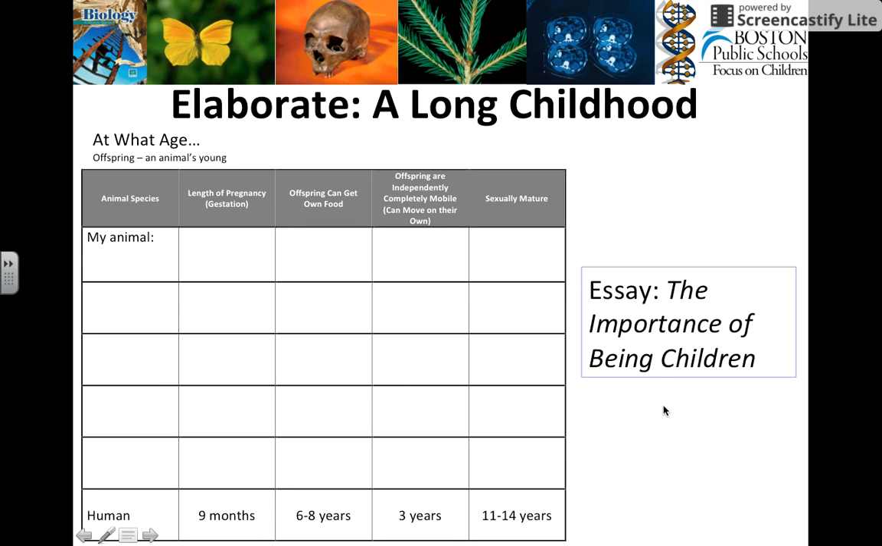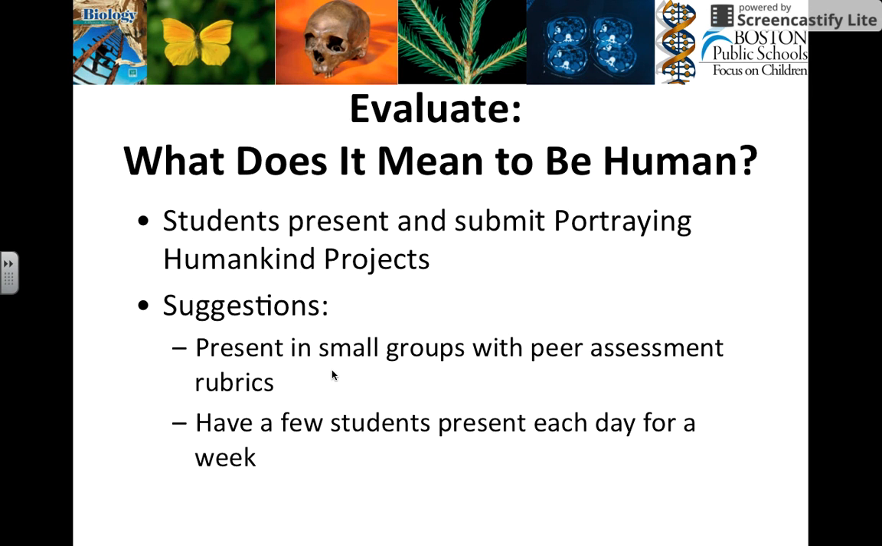There's also an essay, The Importance of Being Children, that goes along with that. If you're short on time, you can give them data for 5 animals and have them just look for the patterns and answer the questions. And finally, what does it mean to be human? Is the presentation of